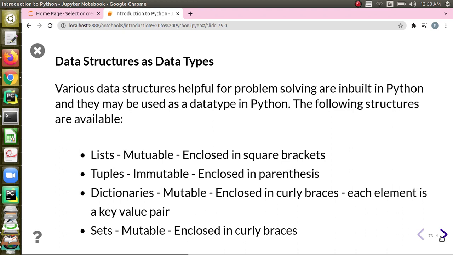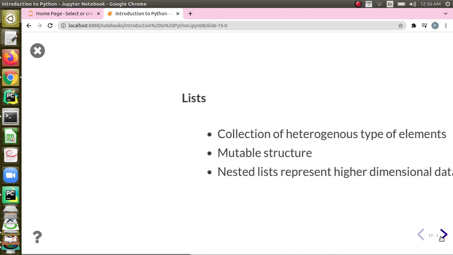You cannot change the elements of the tuples. And dictionaries are mutable, they can be changed, and they are represented within curly braces. Each element will be a key value pair. We will see more details about it. And sets are also mutable, they can be changed, and they are also enclosed in curly braces.